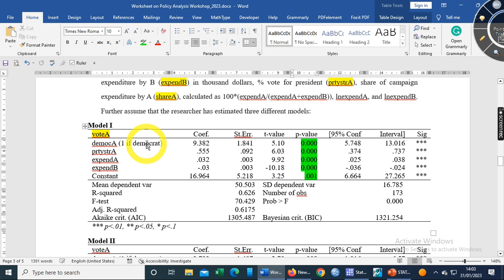When we compare percent of vote for A, if A is Democrat, it earns 9.382% higher votes. 9.38% ብልጫ ያለው ድምጽ ያገኛል ማለት ነው። ወይ ደግሞ ነን ዲሞክራቲ የሆነው በዚህ ፐርሰንት ያንሳል ነው።